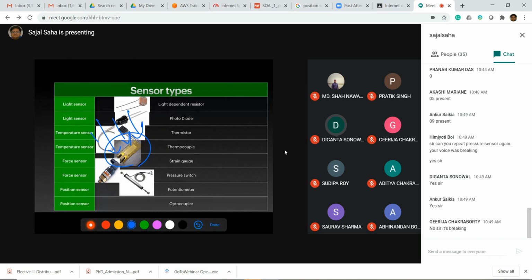Now, what do I have to do? I have to open the valve and water will start to flow through that sensor. And it is basically used. One of the applications is the washing machine.